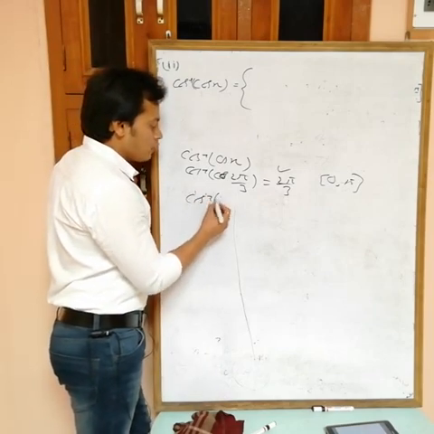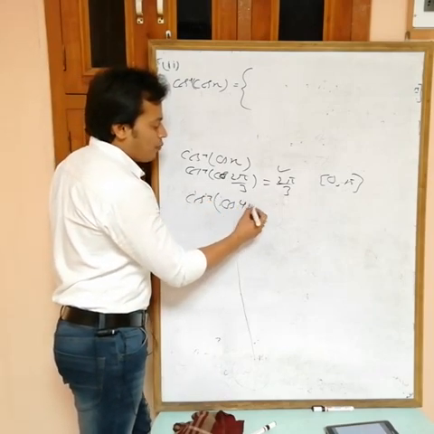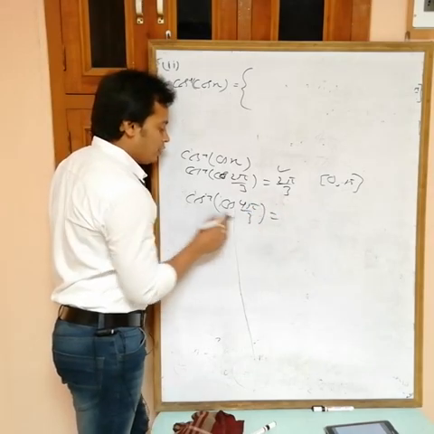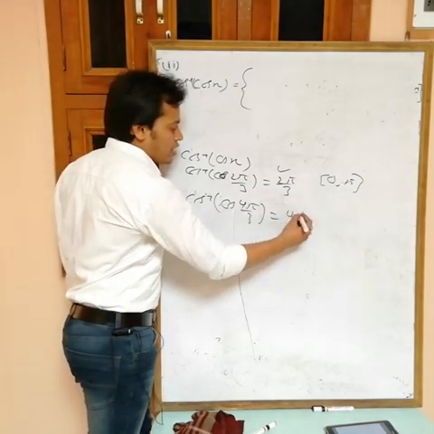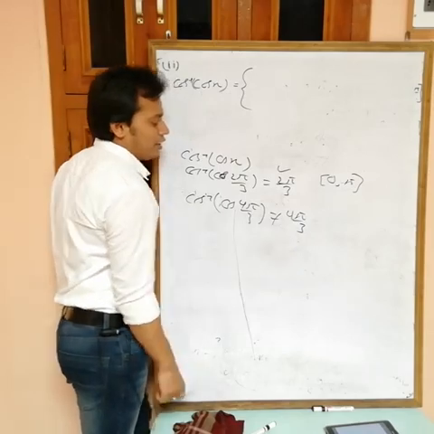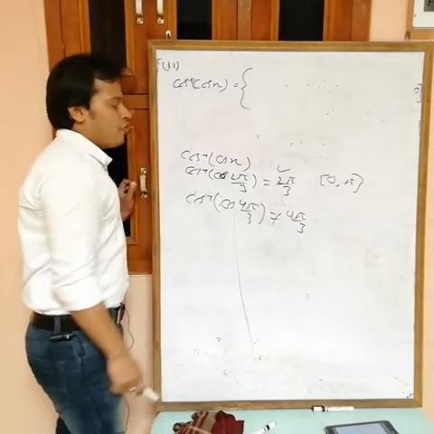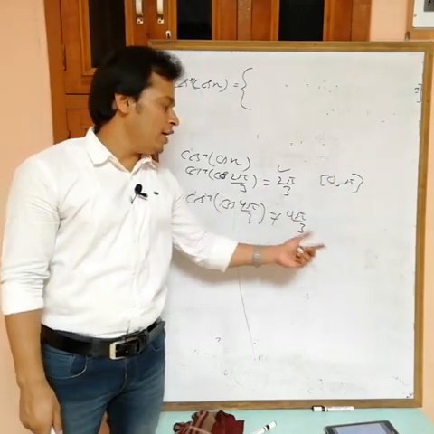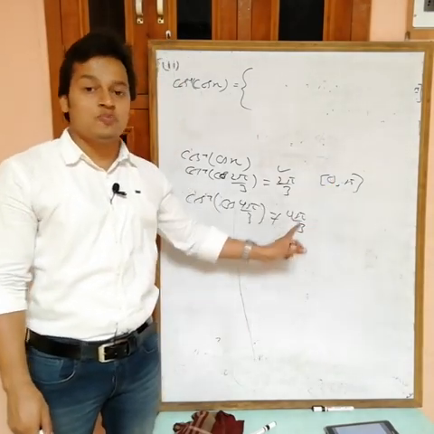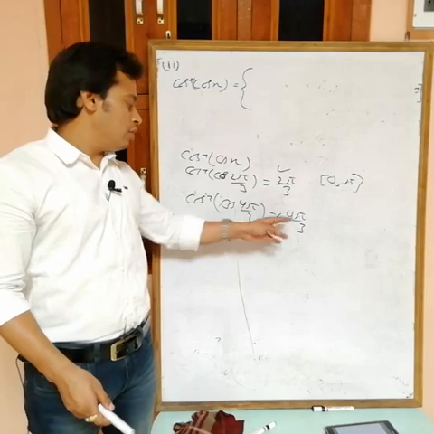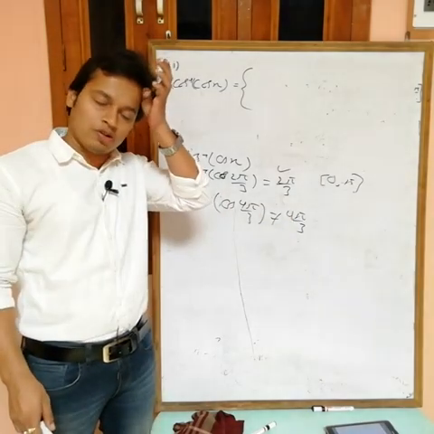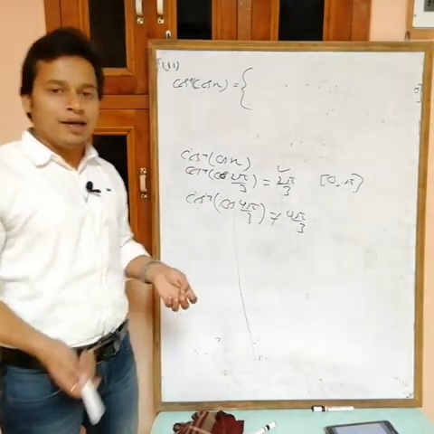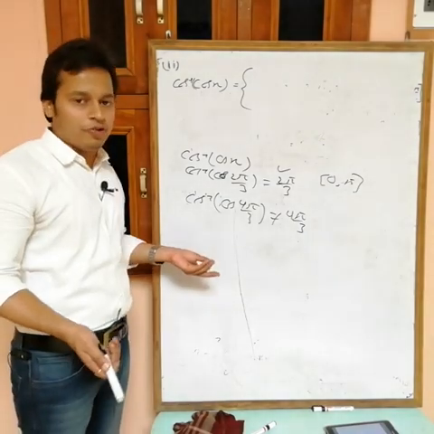But suppose cos inverse of cos 4 pi by 3. Now we can't write cos inverse cos x equals x directly, 4 pi by 3, we can't write. Why? Because cos inverse can give a value only from 0 to pi, and this is greater than pi. This is pi plus pi by 3. So how can this be the value of cos inverse? This is not possible. So for this one we have to remember the formula.